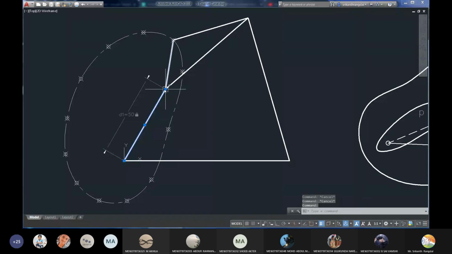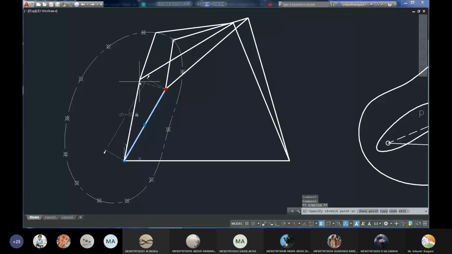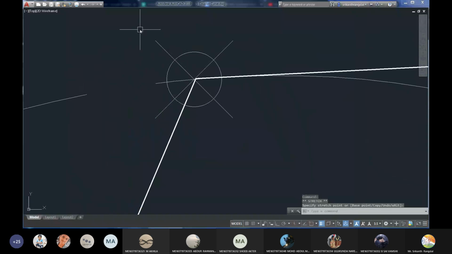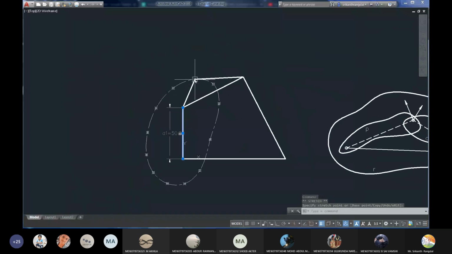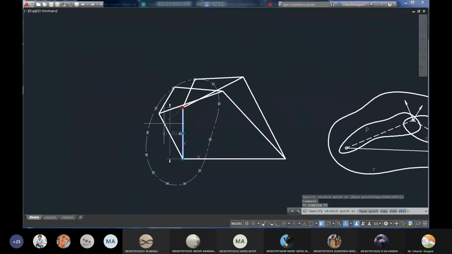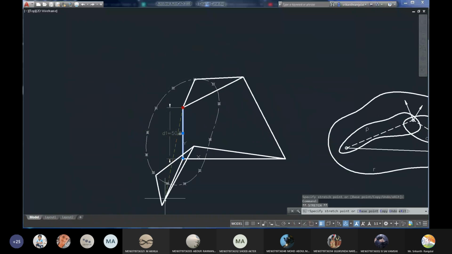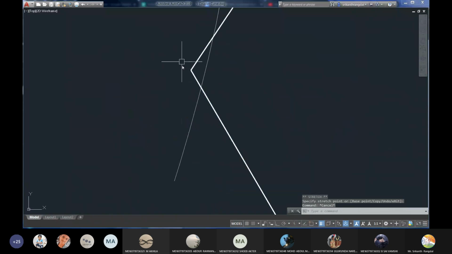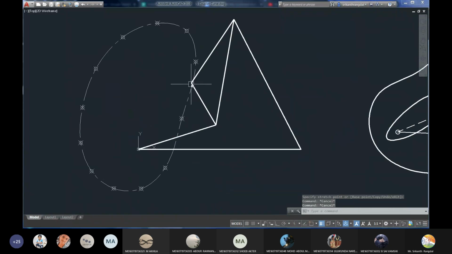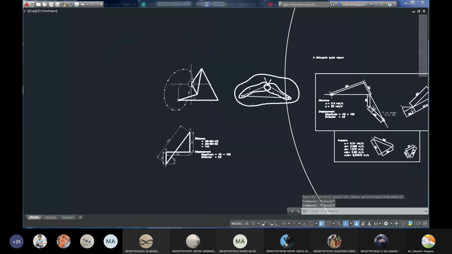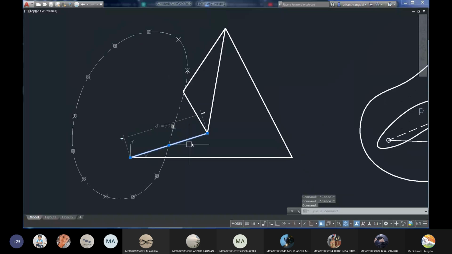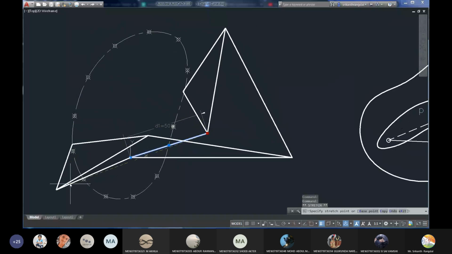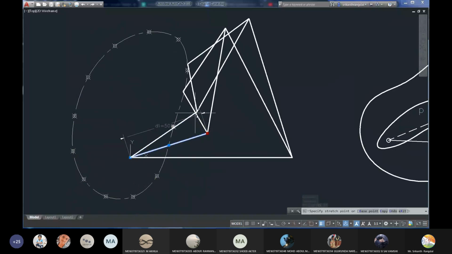Okay. So now let us see by moving this. The mechanism is moving clearly. At this position, you can see this is exactly the point it is passing through. And at any position, you can see the point E. This point is what I'm talking about. This point E is traveling on the path. So it is traveling on the path. Are you getting it?